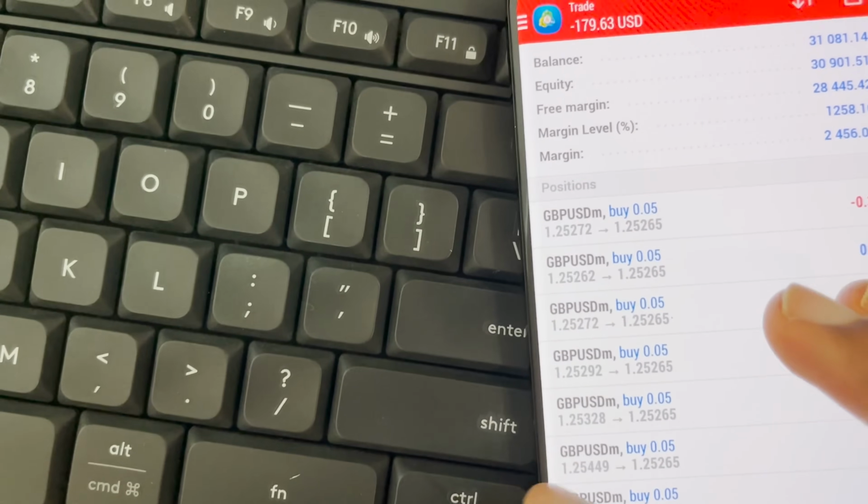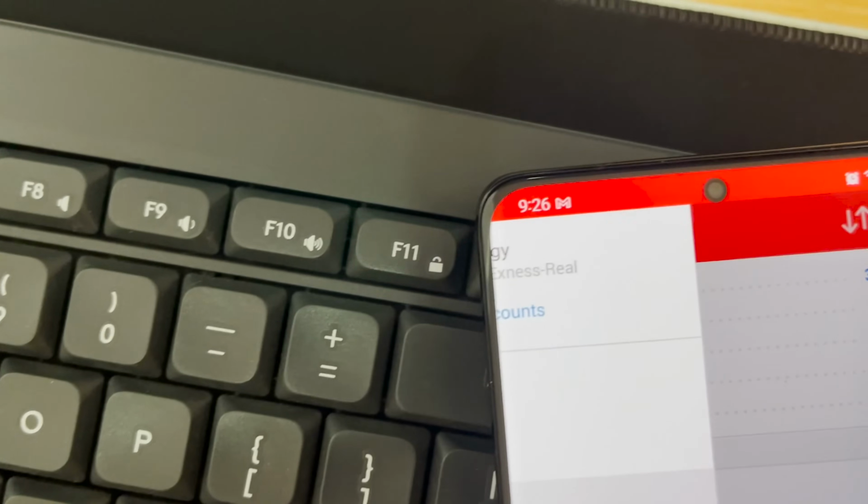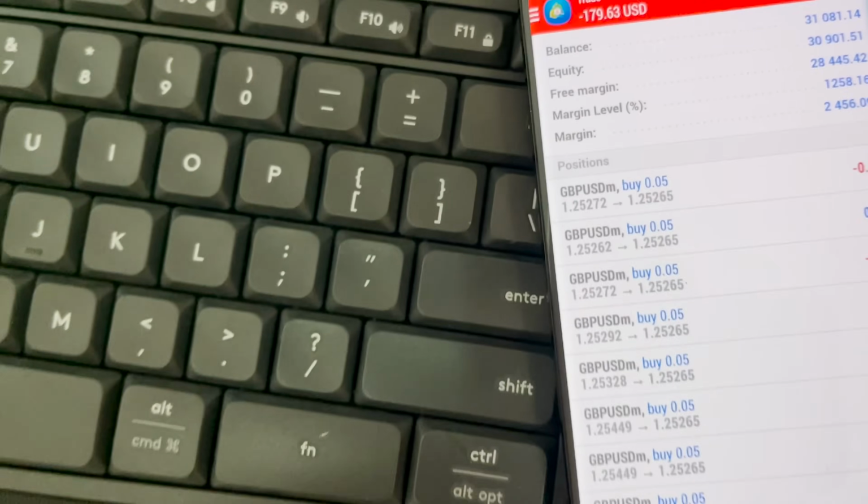Done. So in case you guys are thinking if it's a live account, yes it is. It's a live account. See, real account. So that's it. So what's up guys, you remember these trades that I was on and I was red, negative,